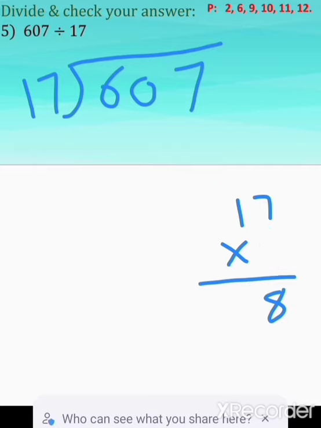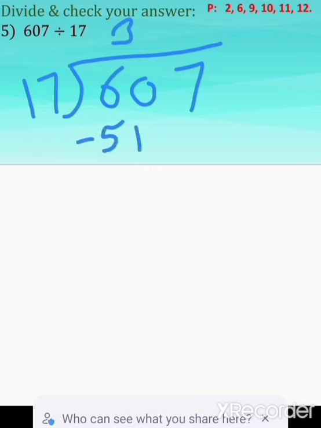So let's do the multiplication by 3. 3 7s are 21, 2 carry, 3 1s are 3 plus 2, 5. I'm getting 51. It means I'll go for 3s. So this is the case if you don't know the table of 17. But if you know the table of 17, you will simply read the table. 17 2s are 34, 17 3s are 51, and 17 4s are 68, which is more than 60. So I will go for 3s.